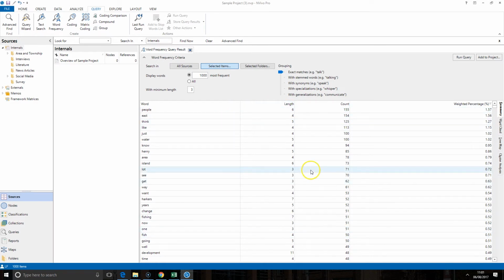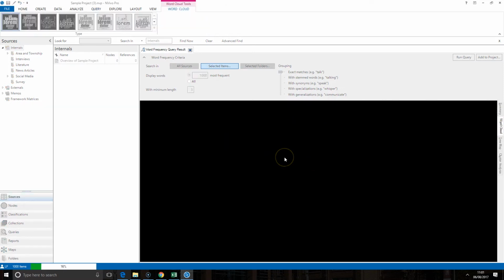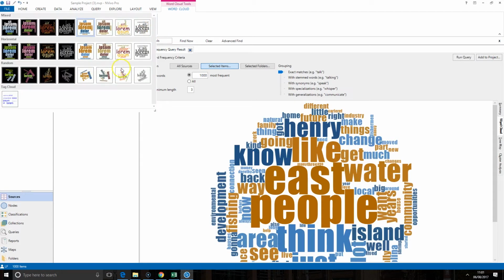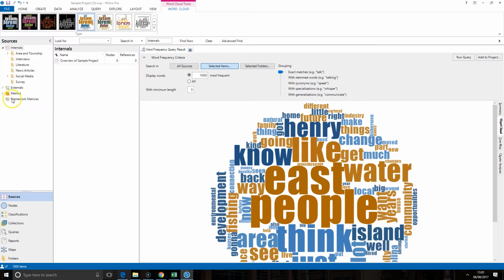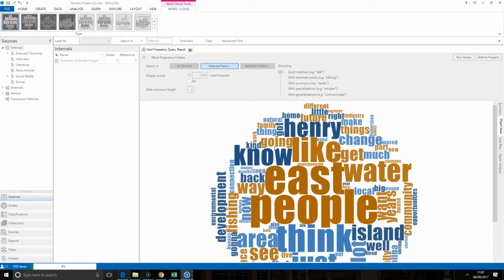One of the very popular things about this query is that if I click down the side here, it generates a word cloud. You'll find there is a contextual ribbon at the top of this query that enables you to restyle this. So you can change the colours and the font essentially to one of these predefined ones available here. If you want something a little bit more traditional, you can go for a tag cloud. If I head back up into one of the word cloud styles,